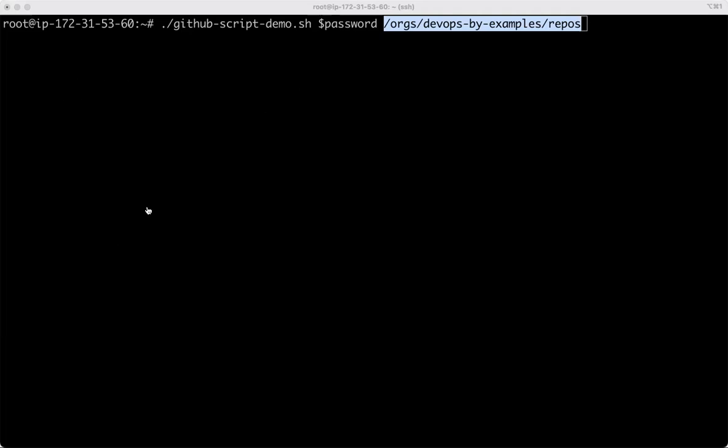I went to REST API and I just searched for repos. If you see here, REST API followed by repositories. It said that this is a simple call that you can make to GitHub and you can retrieve the information. So /orgs followed by my organization name followed by repos. That's the same information that I have given to GitHub. /orgs/DevOps by examples is the organization name. In your case, it can be any organization that you are using in your company, followed by repos,